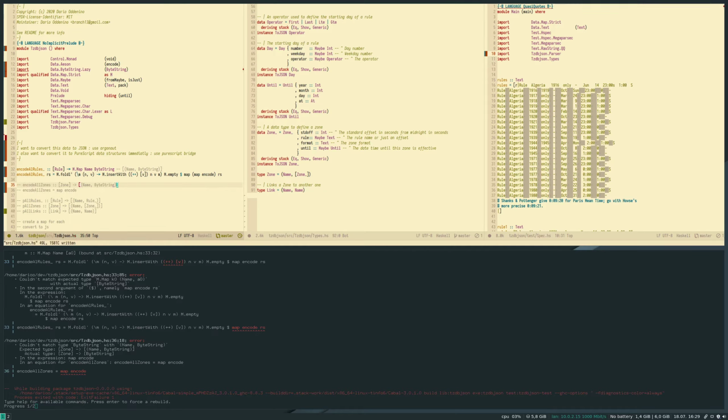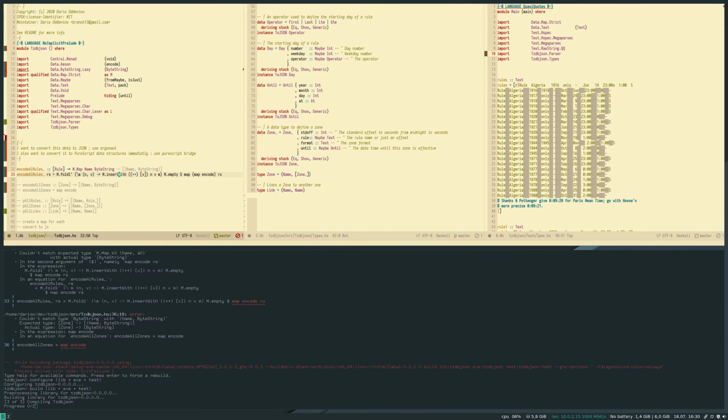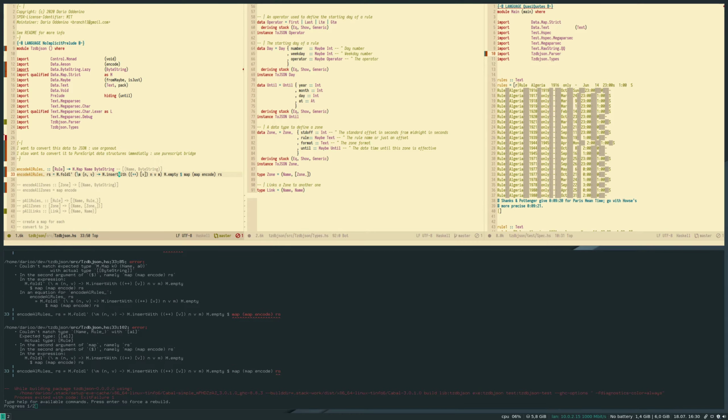Let's comment this for now. No, it doesn't work. Yeah, this is not an either. This is a tuple.